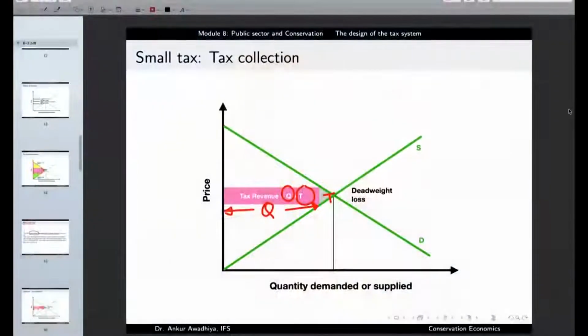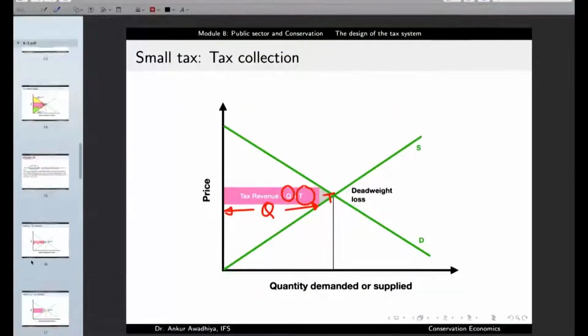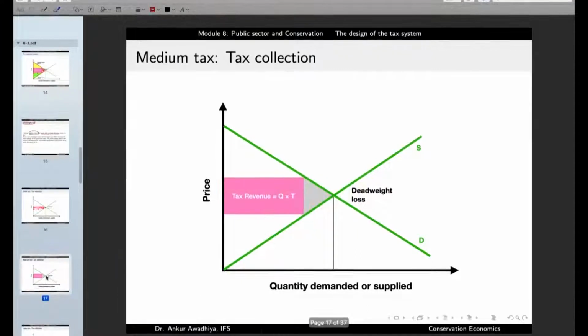And when the government has such a thinking, then the government would try to increase the value of T. And when the government increases the value of T, then it would lead to further shrinkage of the market. So when the government increases the T,